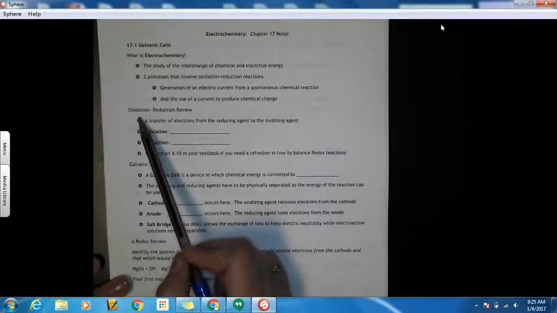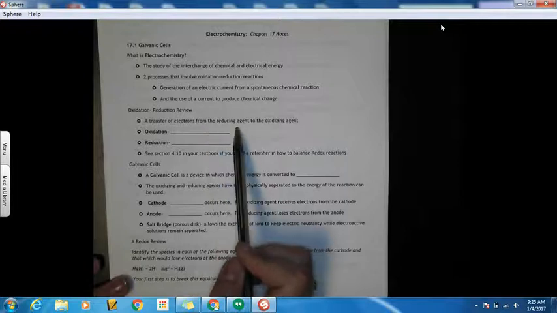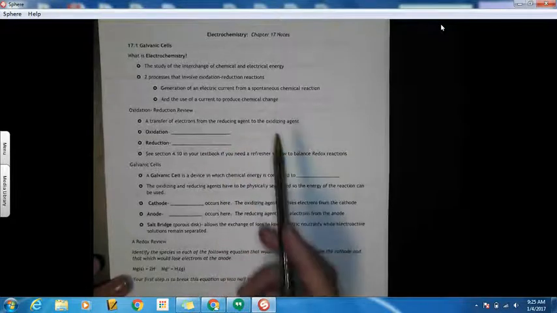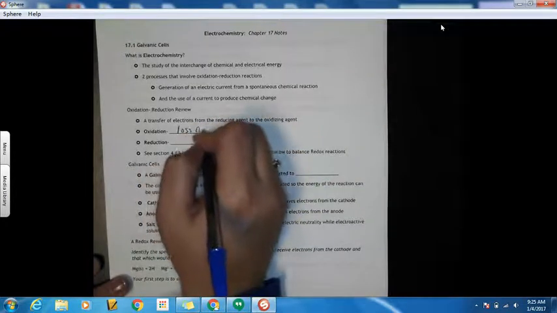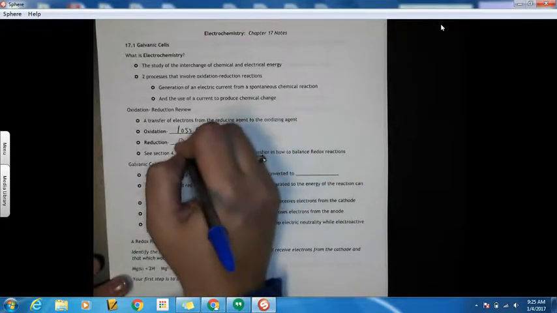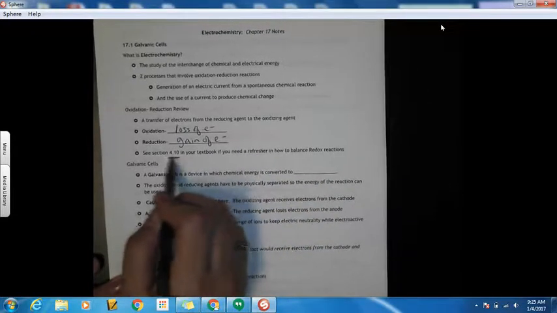So to review, oxidation-reduction, remember, is a transfer of electrons from the reducing agent to the oxidizing agent. Right? So oxidation, remember, is a loss of electrons, and reduction is a gain of electrons. Okay, if you require a refresher on how to balance redox reactions, you may want to look at section 4.1